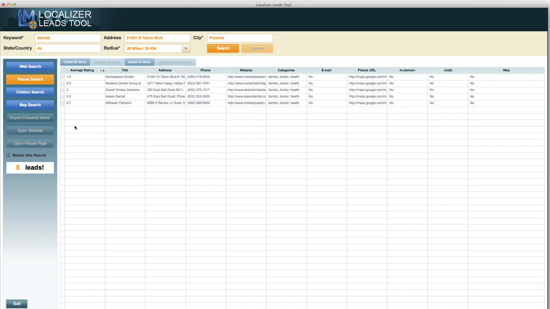Anybody less than 4, just for this example, that have some people that are talking bad about their business. Imagine what you can do just by sorting out the average rating of these businesses. And if you did a little bit of due diligence, or had an outsourcer go out and do this for you, because remember, you get 2 license installs with the Localizer Leads tool, you can hand this to an outsourced person and show them what you want them to do, and then just let them loose, and they can build a huge database for you,